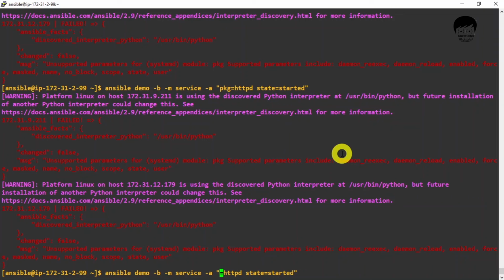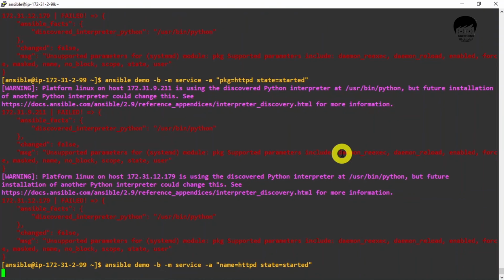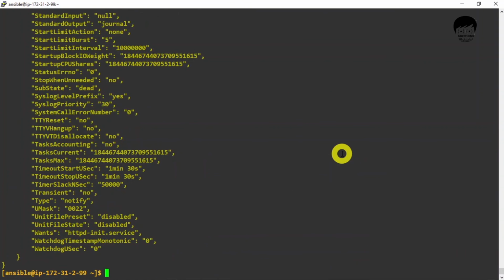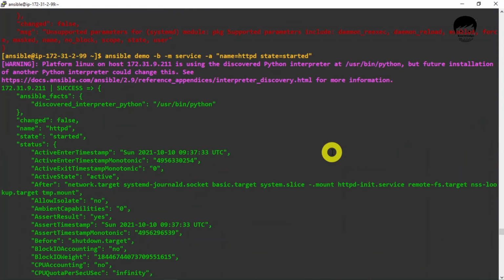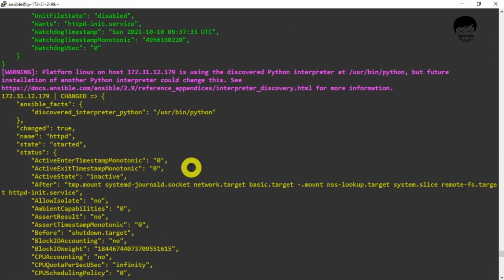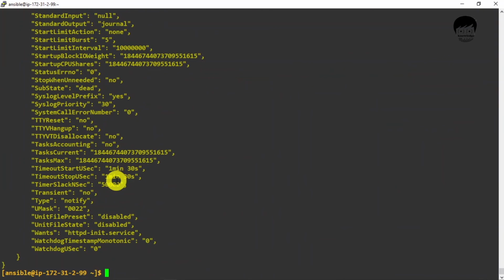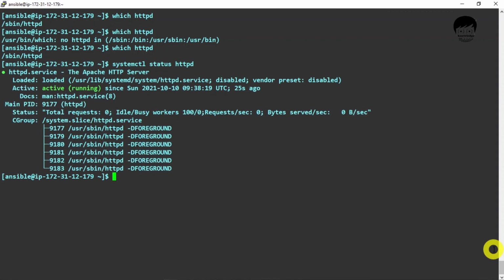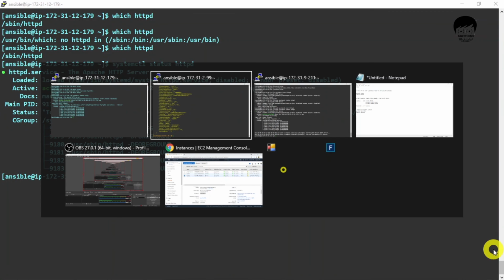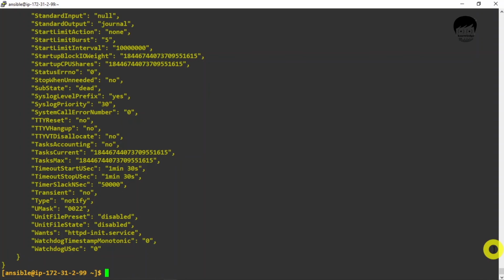Okay, I have done one mistake. Okay, you can see here this one service is started, success. Another one is, so again we will cross check here, systemctl status httpd, and it is running now. So it started services for both the systems.